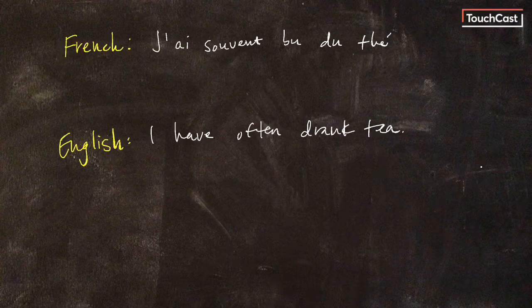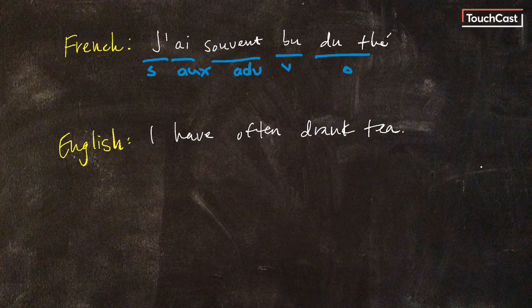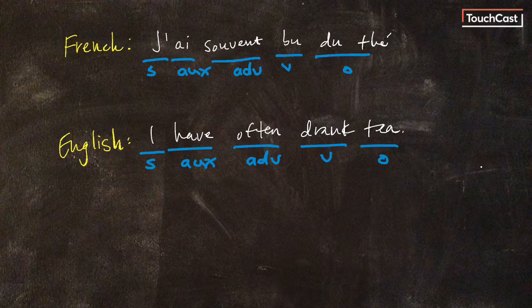Now let's consider these two sentences. The sentence order shows us subject, auxiliary, adverb, verb, object. In the English sentence, we have the same sentence order: subject, auxiliary, adverb, verb, and object. This might strike you as a bit strange since before we claimed that English does not have V to T